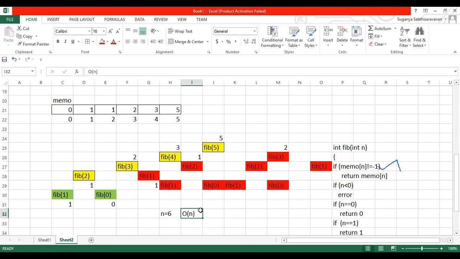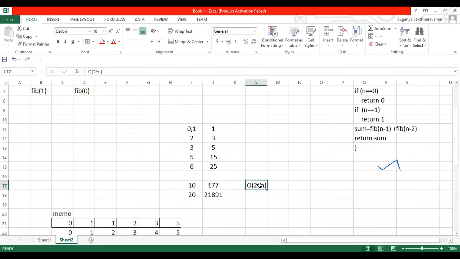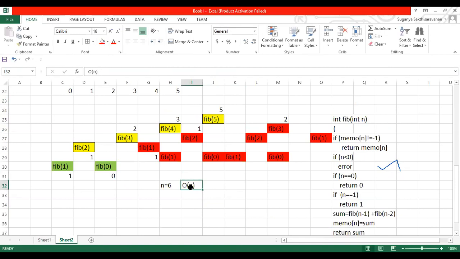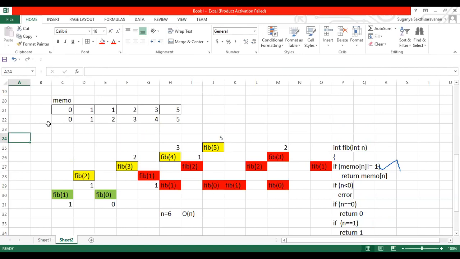So look at the difference here. What is the time complexity of it, and what is the time complexity for this one? This is how your efficient programming is calculated, and this is the purpose of this dynamic approach, guys. This approach is like a top to bottom approach. From top, you are coming down one by one, step by step, solving it, right? This approach is called the top to bottom approach.